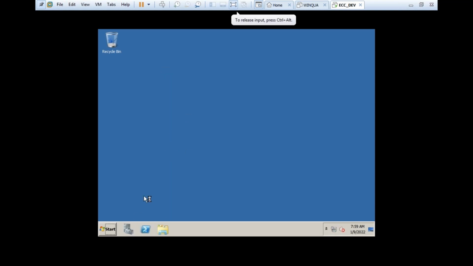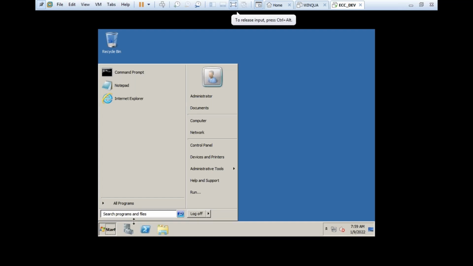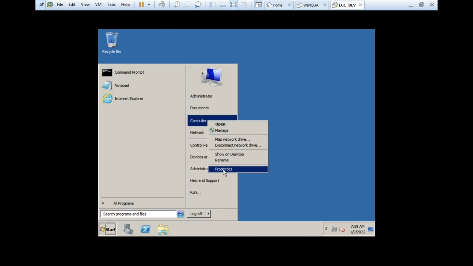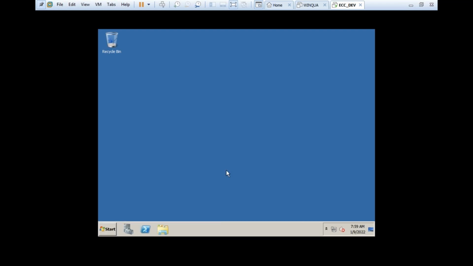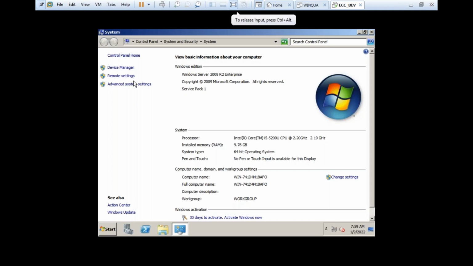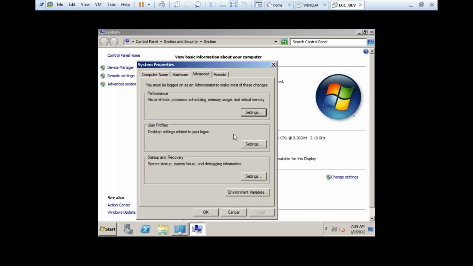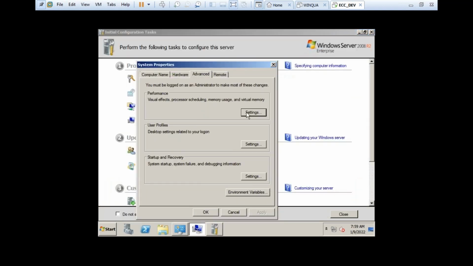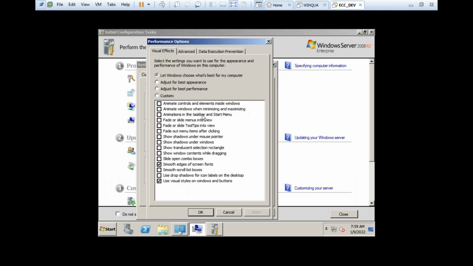Now this is my first screen, as all of you know. First I'll go to My Computer, right click, Properties. Here we are setting the virtual memory.